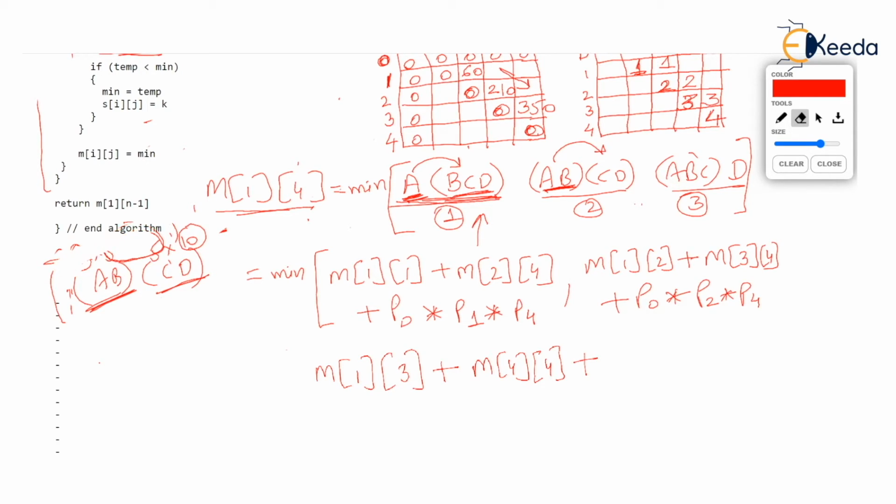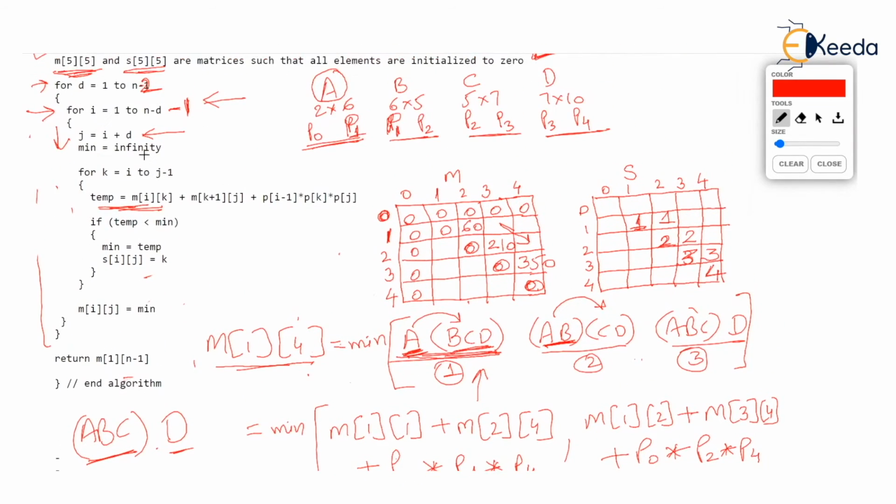I'll just write it in rough again to make you understand the formula. This is ABC into D we are doing. So ABC is already done into D. So the result of ABC has to be multiplied with D. But listen, the result of ABC, notice the dimensions above. The result of ABC, the matrix, will be 2 by 7. Just check that. And D given is 7 by 10. So the number of multiplications needed to do this ABC into D will be 2 multiplied by 7 multiplied by 10. That is 14 into 10. That is 140, isn't it?